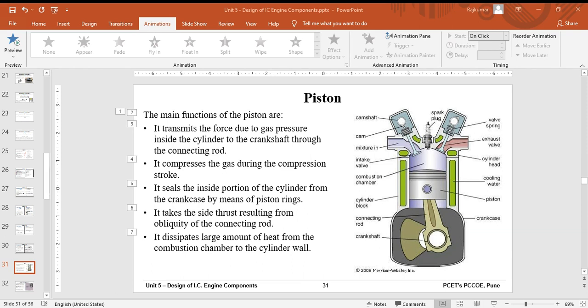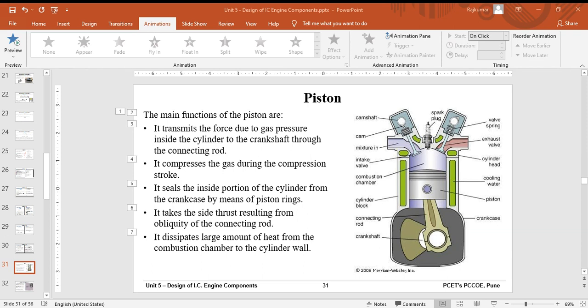So, in general, in the industry, if they know the material properties, the maximum gas pressure inside the cylinder, and all the assumptions that were made at the beginning of the design of the piston head, then they develop such empirical formulas for calculating the thickness of the piston head. So this is the alternate formula that can be used for calculating the thickness of the piston head.